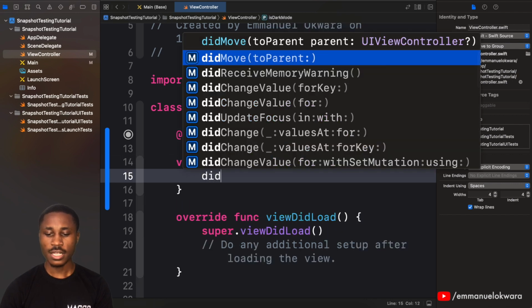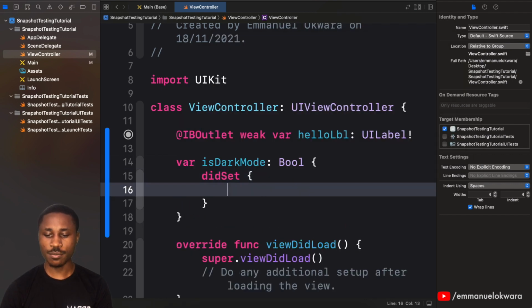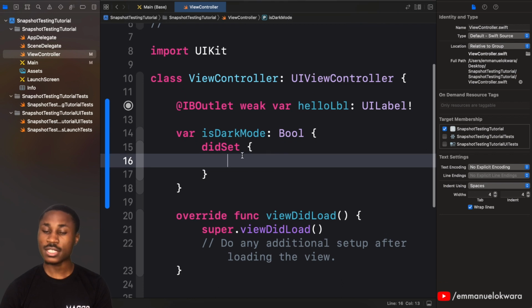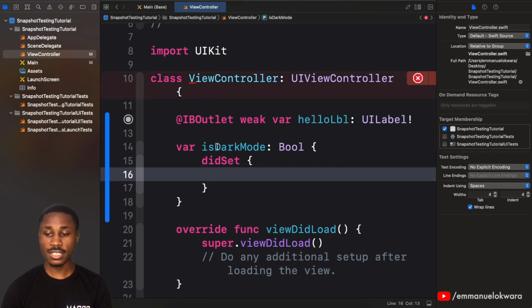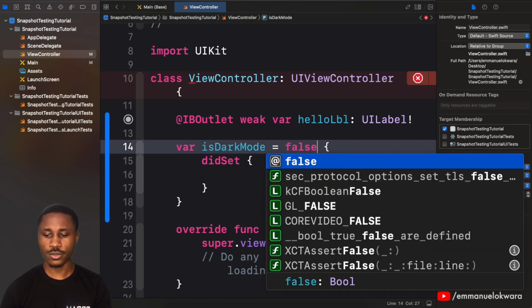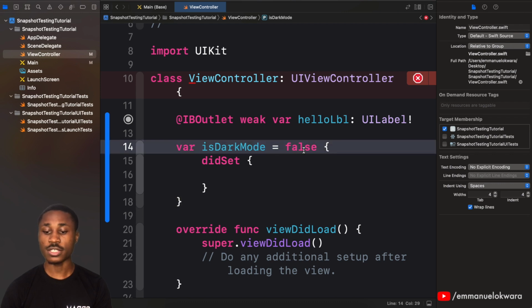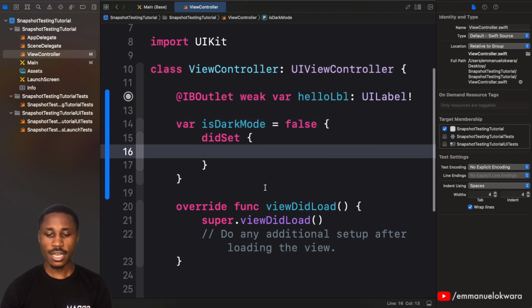All right. Now we're going to add a didSet property here, and basically whenever this property is set, we want to modify the view or the color or the background color and all those things of the view. So actually what I'm going to do here, I'm just going to set this to default to false. All right. So dark mode is false by default. Now, whenever the value of is dark mode is set, we're going to say